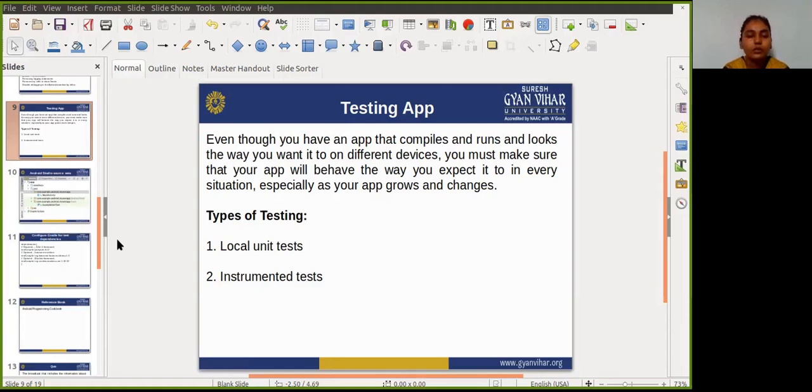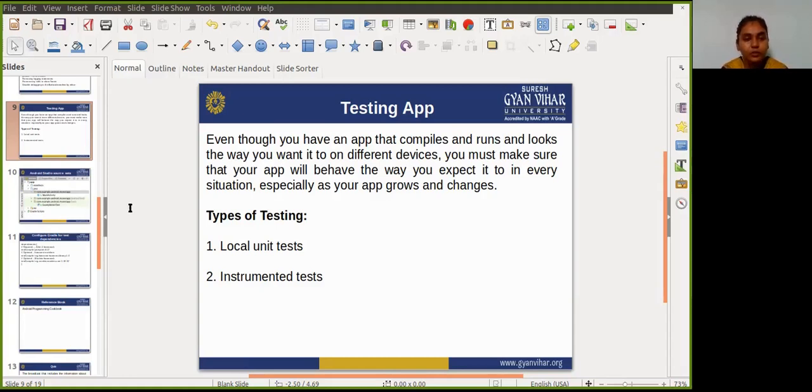Use a local unit test to test the parts of your app that do not need access to the Android framework, Android device or emulator, or those for which you can create a fake object that pretends to behave like a framework equivalent.